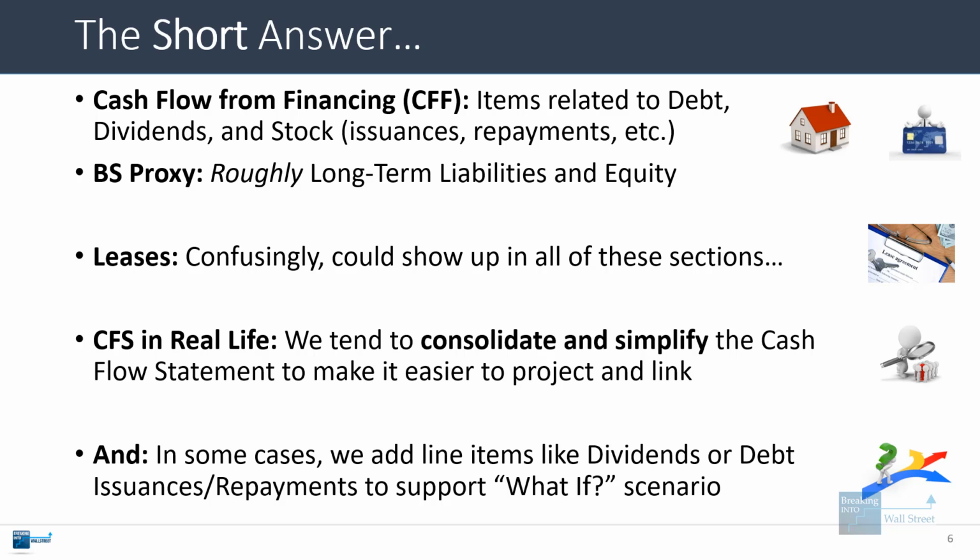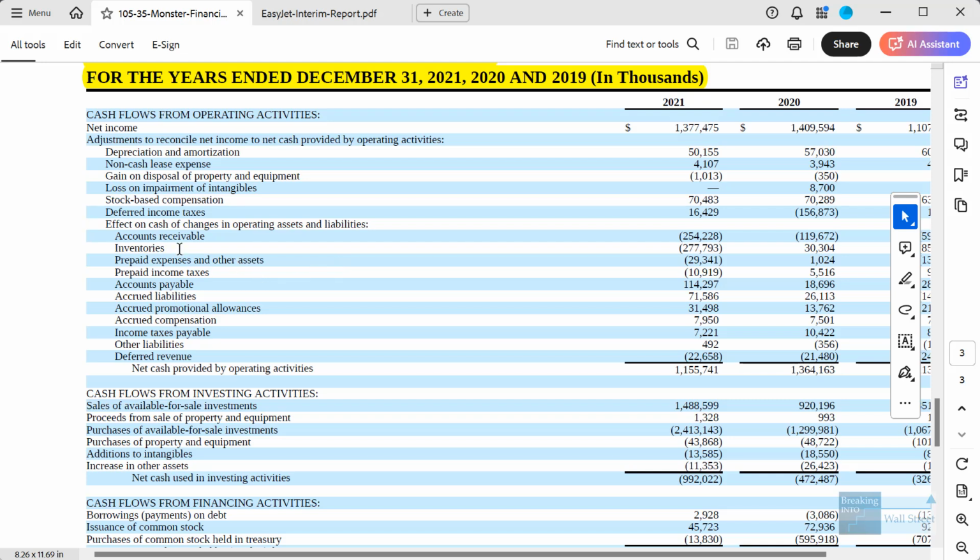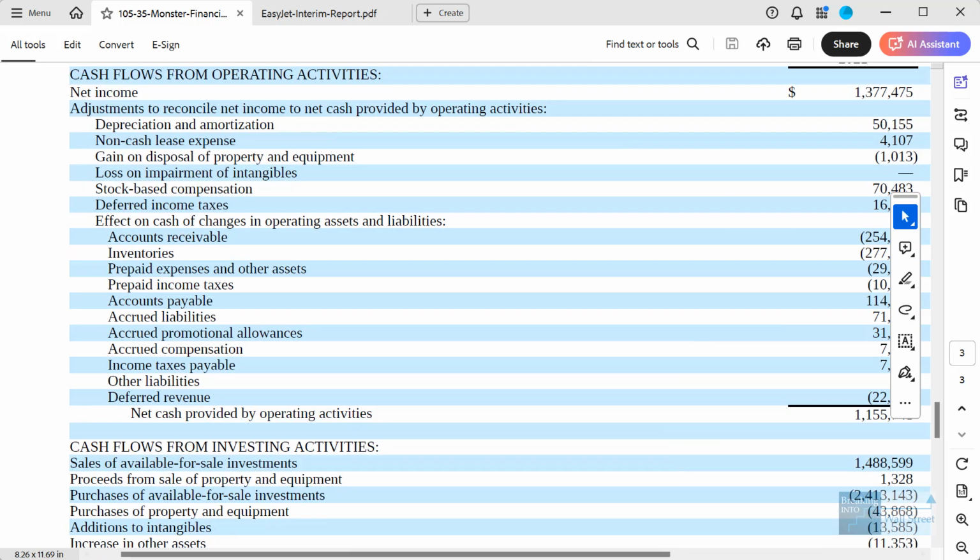Maybe we want to support it in the model, or we want to make some changes to the company going forward, and so we might add these line items in that case. If we look at Monster Beverages' cash flow statement here, if you look at what they have in their filings